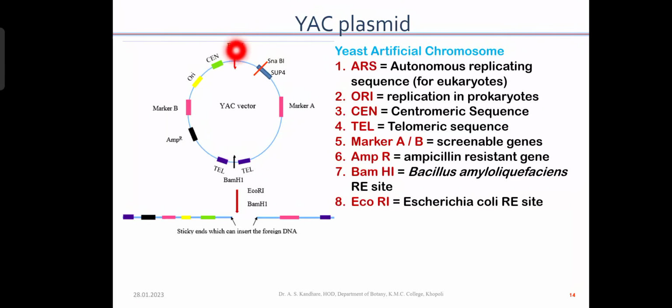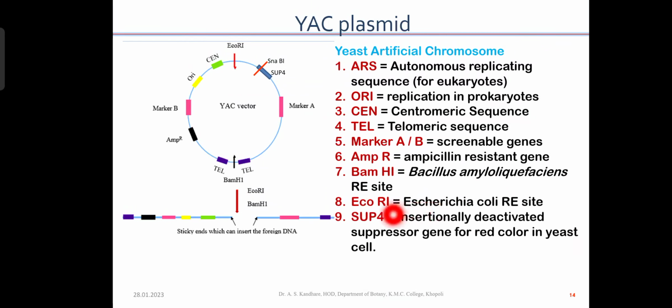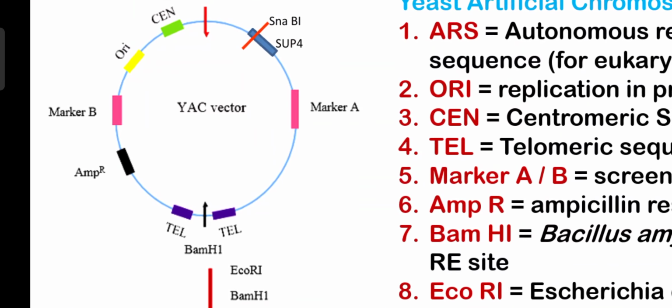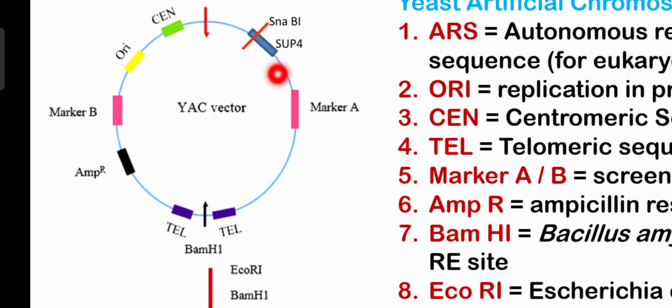यहाँ पर बताया है EcoR1, that is जैसे एंजाइम ऑब्टेन्ड फ्रॉम Escherichia coli बैक्टीरिया। It has SUP4 insertionally deactivated suppressor gene for red color in yeast cell। तो यहाँ पर SUP4 जीन बता है। तो SUP4 जो जीन होता है वो ईस्ट को स्पेसिफिक रेड कलर पिगमेंट देता है। तो रेड कलरेशन आता है, थोड़ा सा रेडिश कलर जो ईस्ट सेल के अंदर प्रोड्यूस होता है, दैट इज़ ड्यू टू द SUP4 जीन।